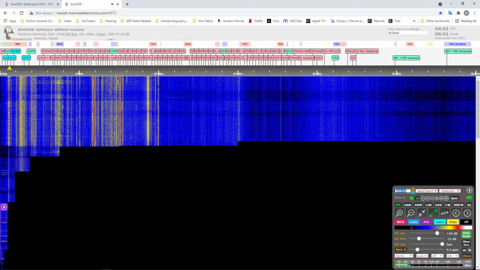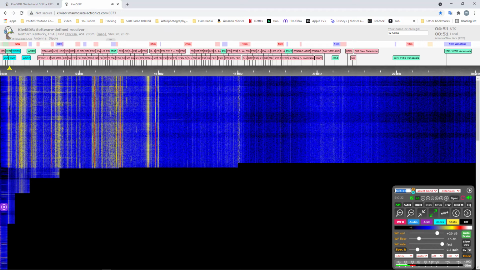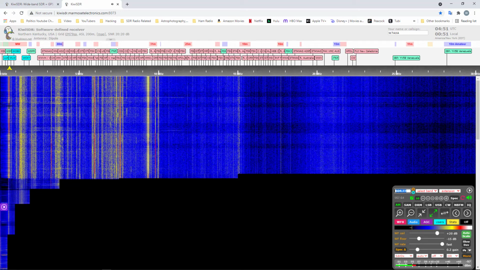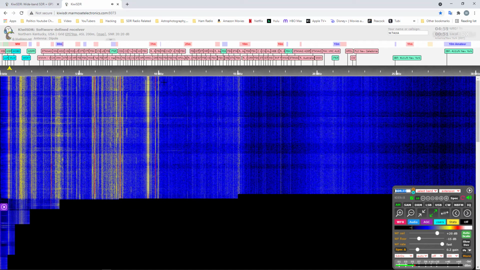And when you look at this, you can see that there's a lot of action from 0 kilohertz all the way up to 10 megahertz.